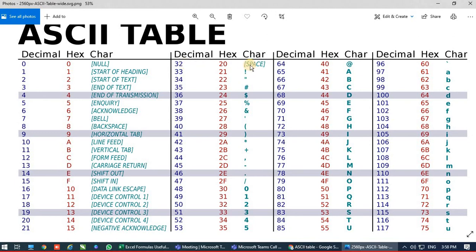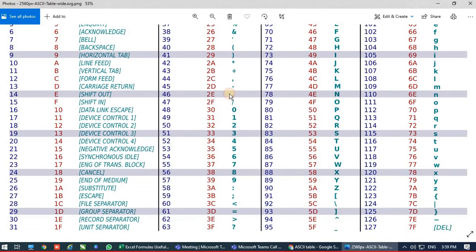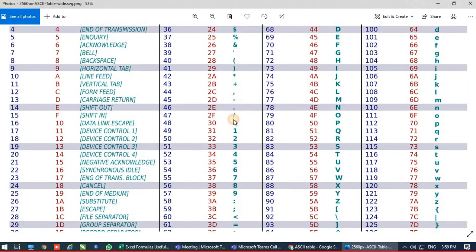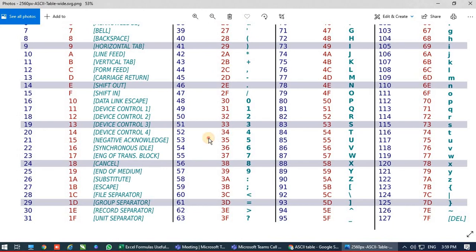For example, space: the decimal value is 32, the hexadecimal value is 20. Capital A is 65, small a is 97, capital B is 66, small b has the value 98. So all the text, even symbols, are converted into numbers so the computer can use them.